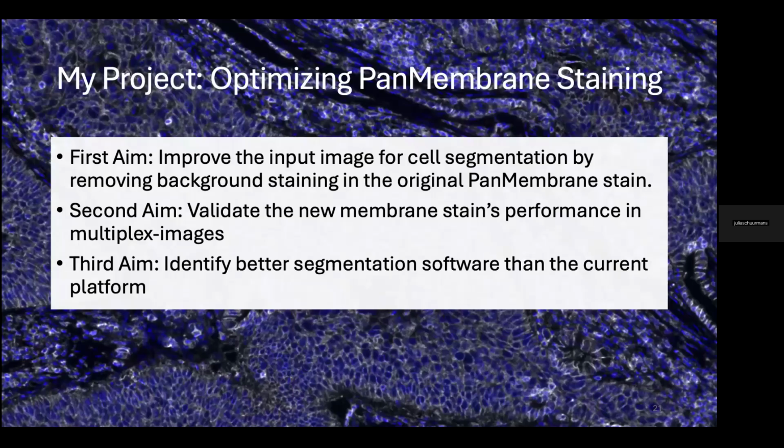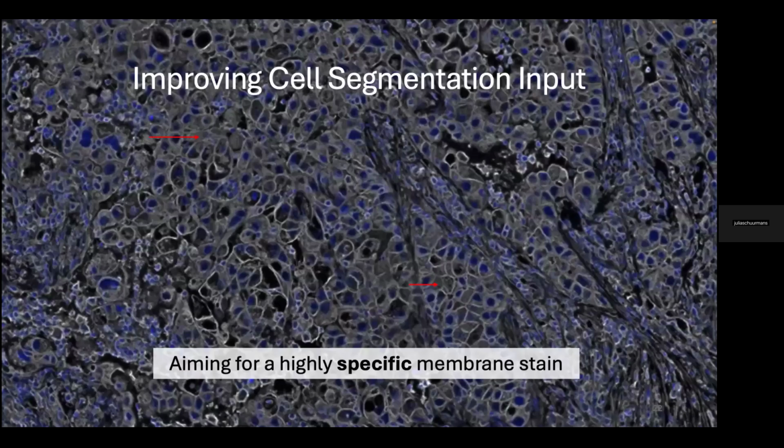Okay, so now I'm going to talk to you guys about my first aim of my project, which was to improve the input image for cell segmentation by removing the background staining. So when I inherited this project, the PanMembrane stain looked like this. If we take a